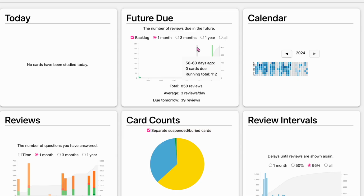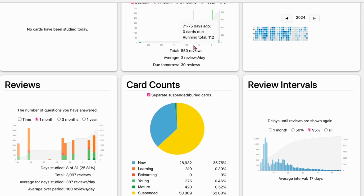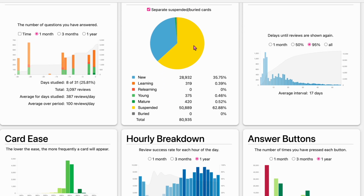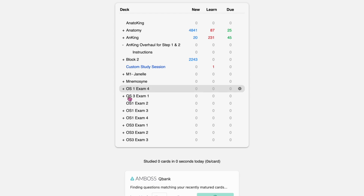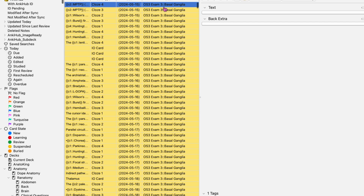Not that that's like a flex or whatever, but I personally like the repetition of material and the things that I'm learning because you're learning so much in school. So with Anki, you're able to get that repetition in, and I'm not gonna go through my Anki setup. I can in a different video if you guys want. Just comment it down if you want to see how I have my Anki set up. I like to be able to consistently make sure that I'm reviewing old material as well